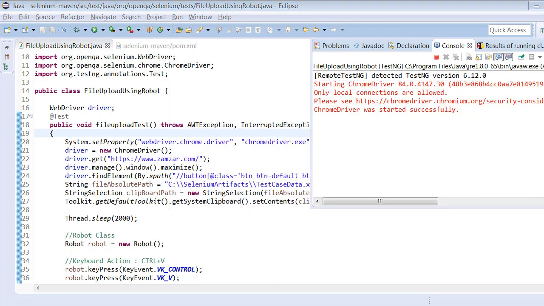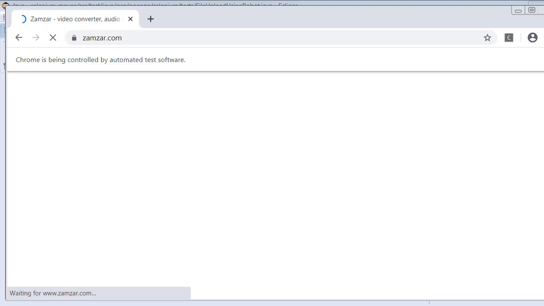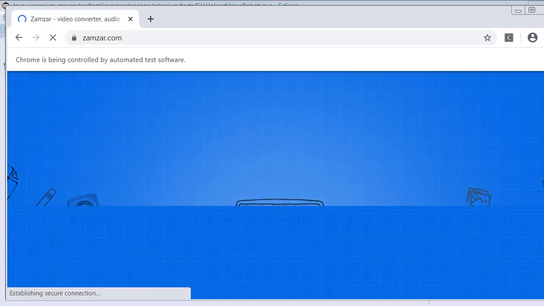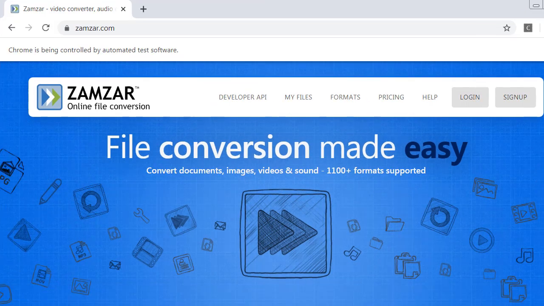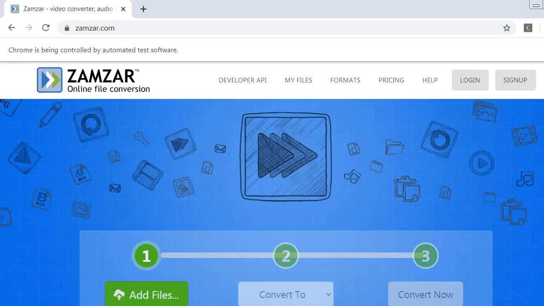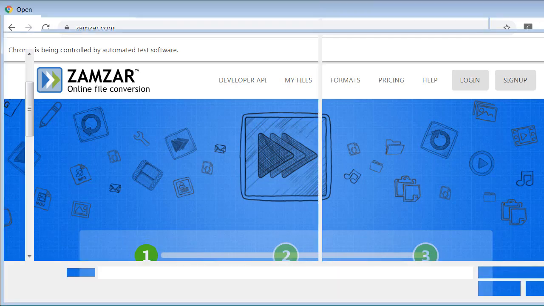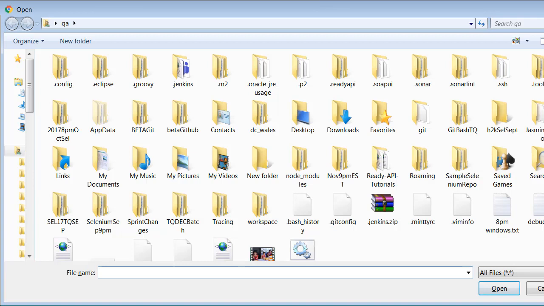Now let me open the browser here. I inserted a delay of 2 seconds now. Once the button is clicked, the 2 seconds will be helpful.